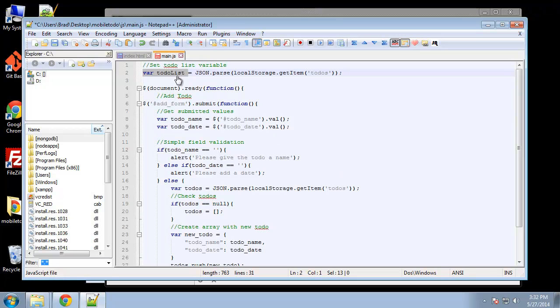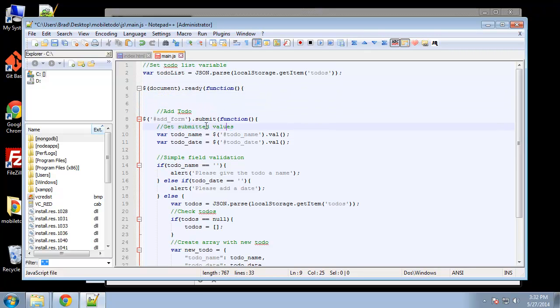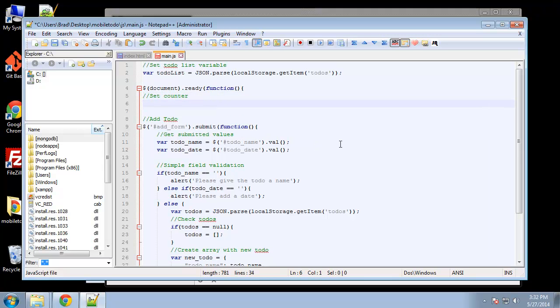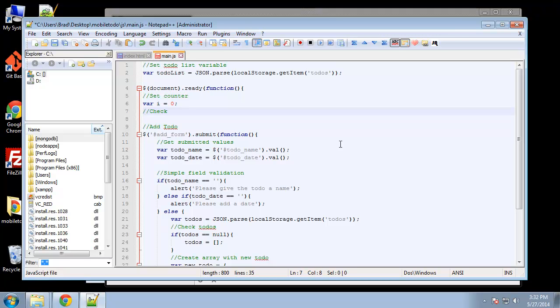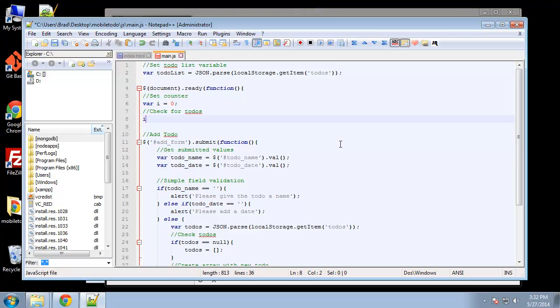So basically what we want to do is loop through this and output them in the browser in that unordered list. Alright, so inside of the document ready function, let's first set a counter, because we're going to be looping through the to-dos. So I'm going to set a variable of i to 0. Alright, so next we want to check for to-dos. So we'll say if localStorage.getItem to-dos, okay, so if it's not equal to null,